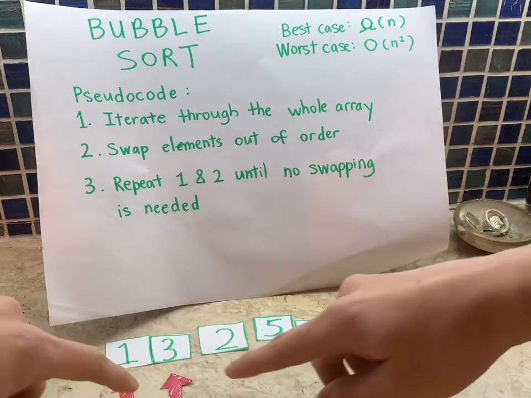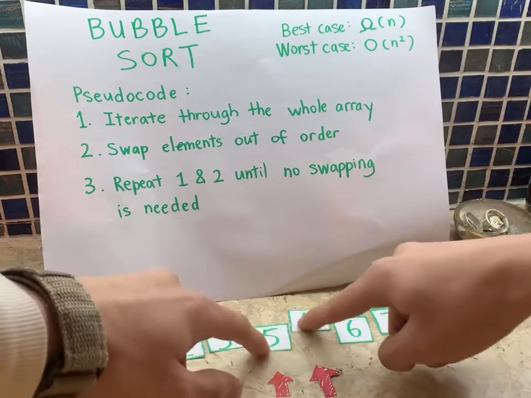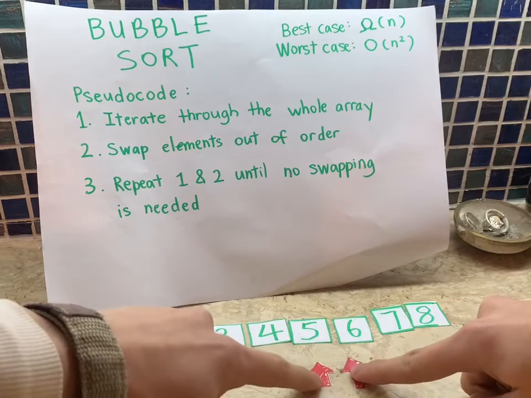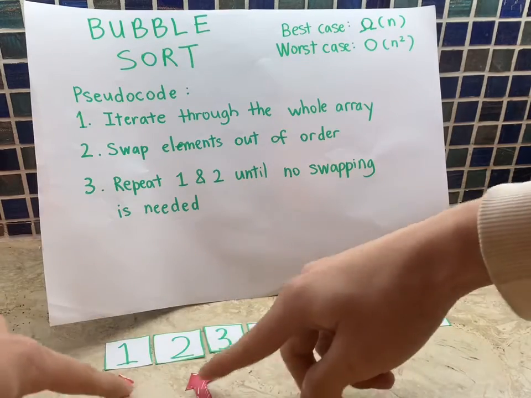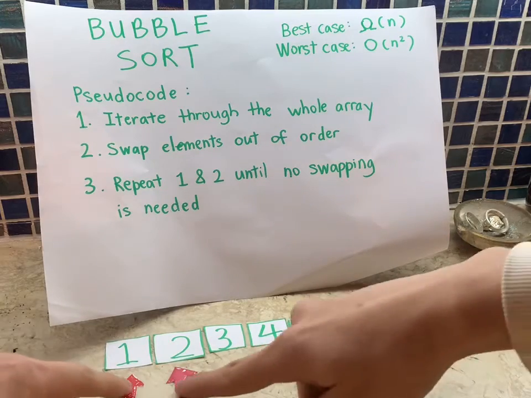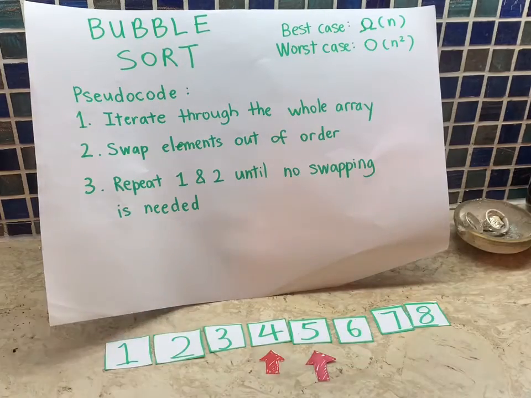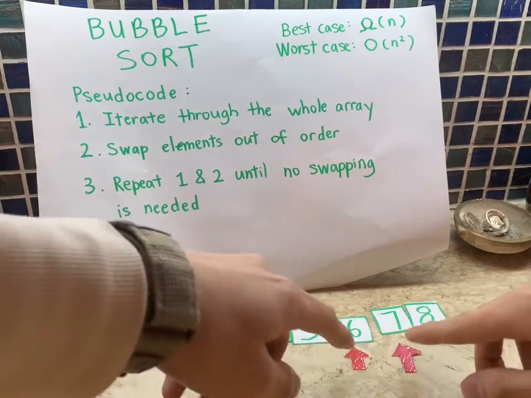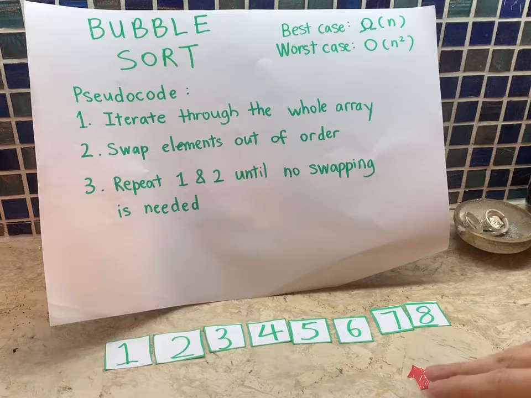Now here's a question. How do you know when to stop iterating through the array? Well, if you iterate through an array without having to swap any elements, then that means the array is sorted and you're finished. Now it's easy for a human to look at the array now and see that it's already sorted, but for a computer to know that, it has to iterate through the whole array. And since no swapping is done, the algorithm knows that it does not have to continue and it can return